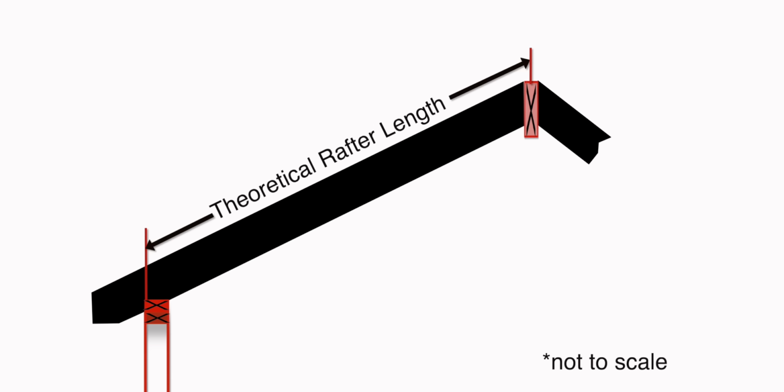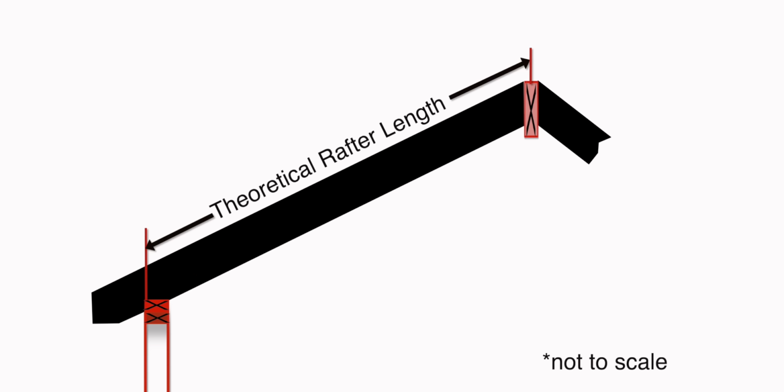Here you can see a drawing of a common rafter. A ridge, an exterior wall with a double top plate, and an overhang. The distance from the outside wall here to the center line of the ridge board is the theoretical rafter length. The theoretical rafter length is technically found along the measuring line, which is here, which runs from the corner of the bird's mouth all the way up the rafter. And this is the length that the step-off method and other methods calculate.